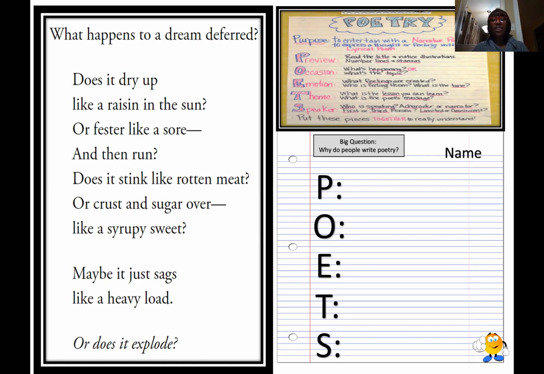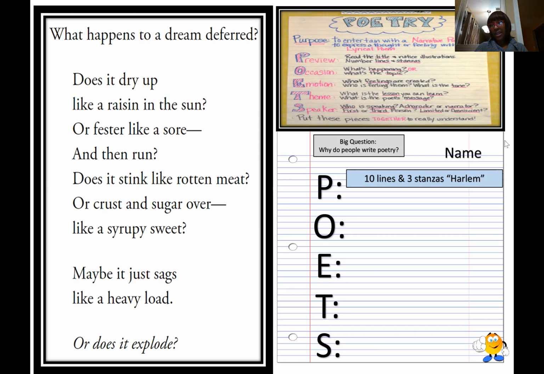So let's go ahead and jump right into our acronyms, poetry, so that we can dissect what this poem means. And today, of course, is our second read using Harlem. Let's jump right into this. The first thing we need to do is look at P. Read the title and notice illustrations, number of stanzas. So we know that this poem has 10 lines, it has 3 stanzas, and we know that the title is